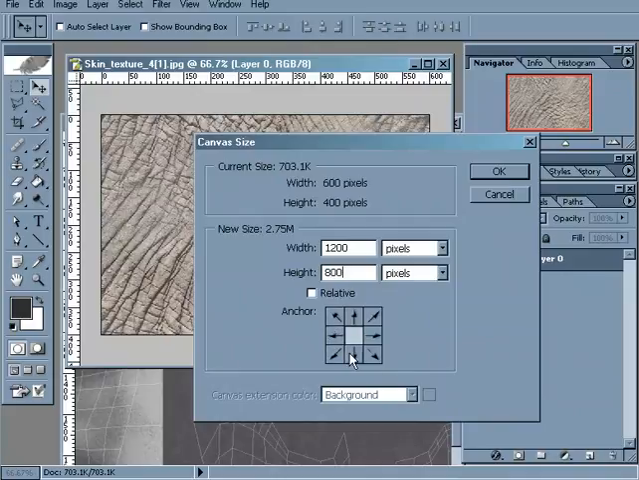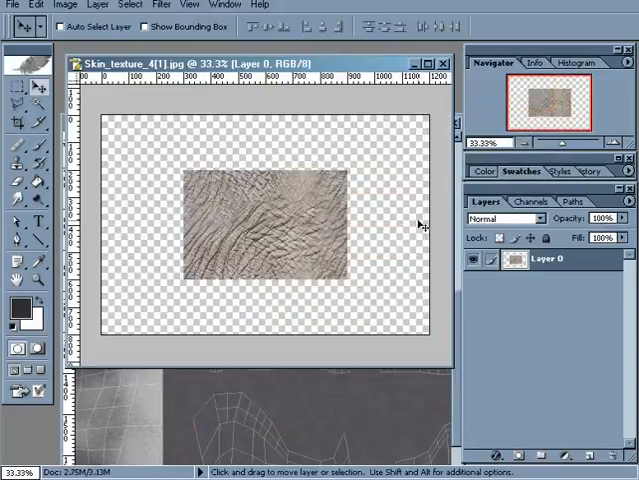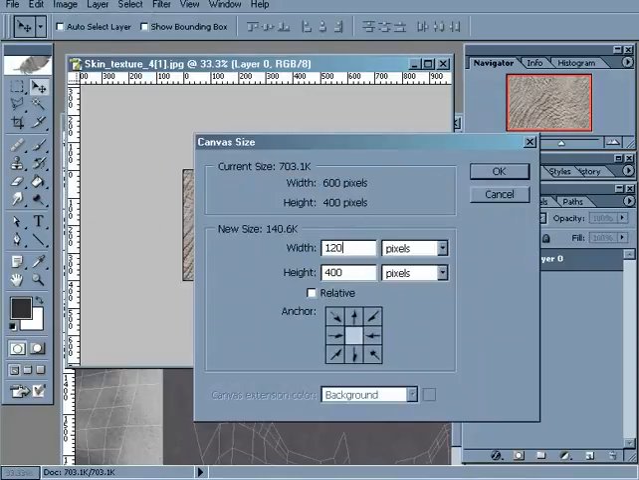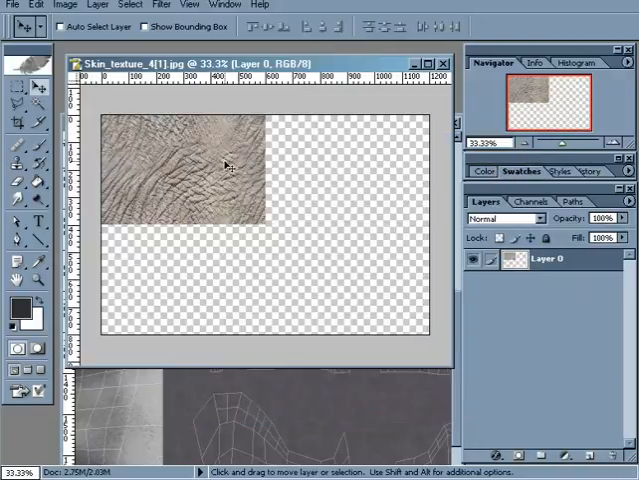Okay, this anchor point will determine where your existing image will wind up. So with it set to the center right now, what will happen is this existing part that we have right now will wind up right in the center of our image. Okay, if I were to undo this, and set this back to 1200 by 800, and set the anchor point to this upper corner, now this image will wind up in the upper corner, and that's really probably where we want it,